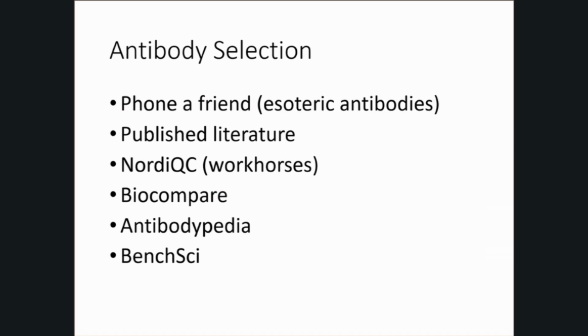And this is where I go for sources of primary antibodies. At the top is phone a friend, and I use that for esoteric antibodies. So for Phil, the advice for the toxoplasma was phone a friend. We look in the published literature, but for what I referred to in the last slide as tried and trues,